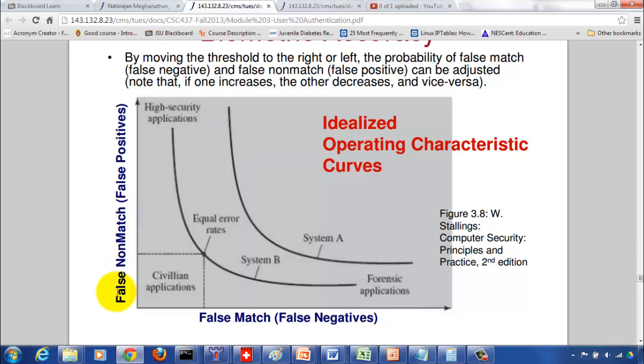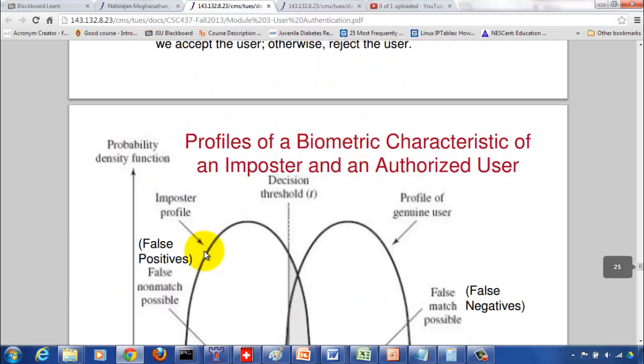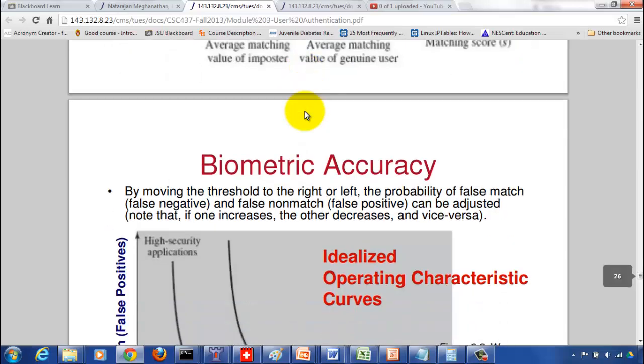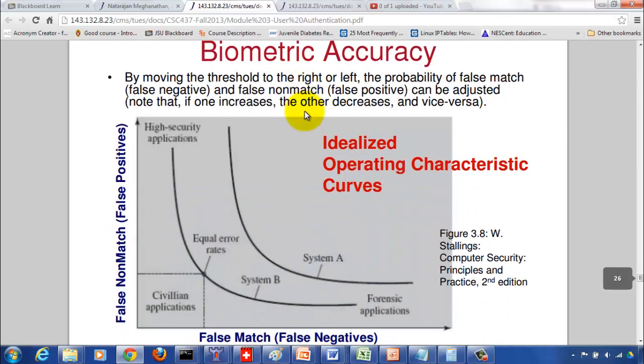So we will choose a point where the probability of false negatives is equal to the probability of false positives. So the corresponding point is where we will fix the threshold, where the probability of false positives, or the distribution, the frequency, is equal to the probability of false negatives. Okay. So we'll try to be balanced for civilian applications, whereas for high security applications, we do not want any